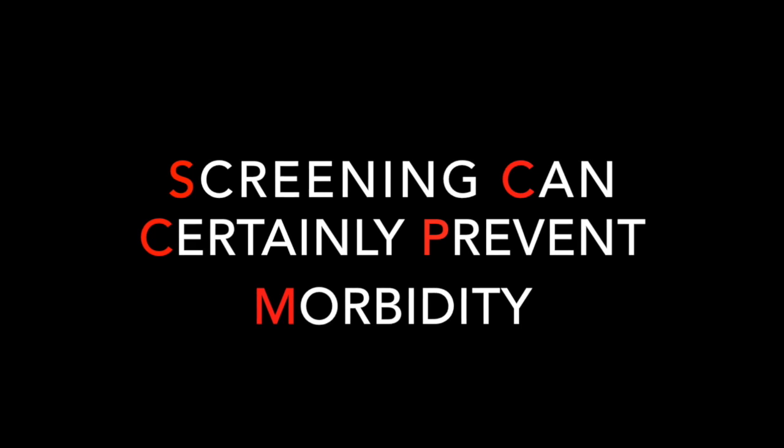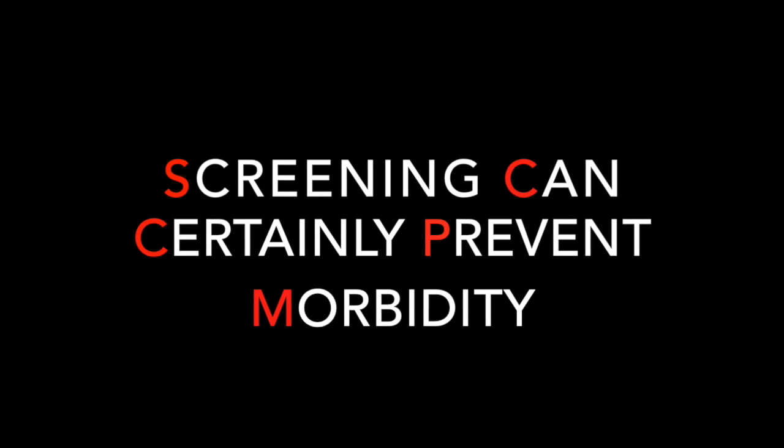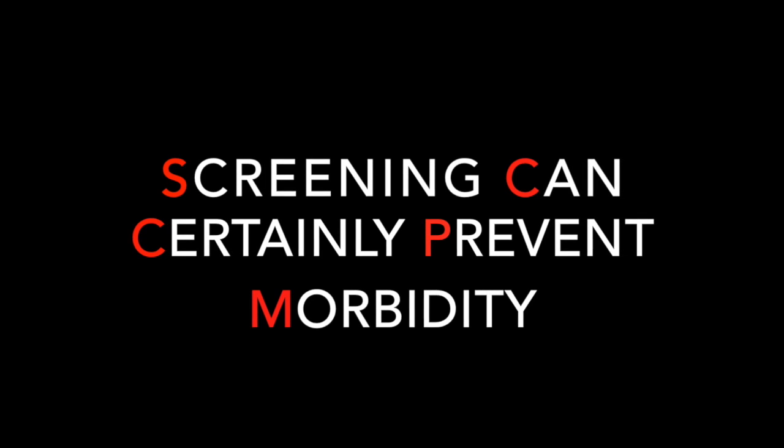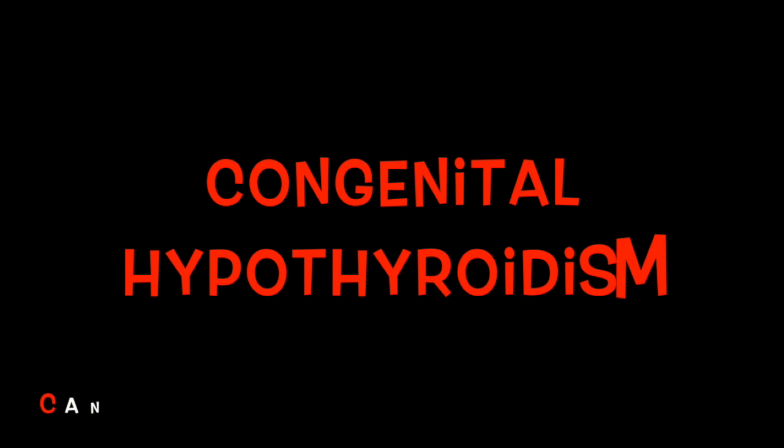Screening can certainly prevent morbidity. This is the most important phrase that you have to remember, because this gives the main conditions that are screened for. This is a really useful mnemonic that I've made up. Screening can certainly prevent morbidity. So we screen for sickle cell disease, congenital hypothyroidism,